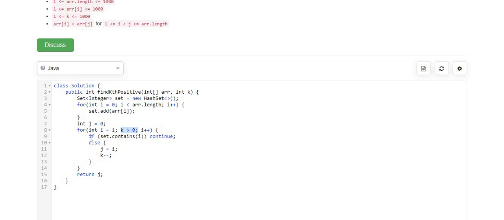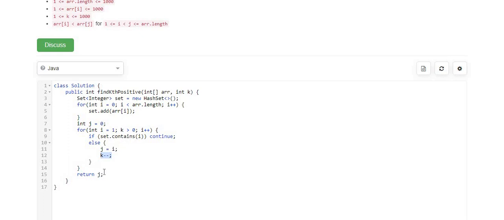First I am checking whether this i value, in this case the first is 1, is present. If it is present, then I just continue. If it is not present, then I mark that number in the variable j as a missing number, and I decrement the k value. Next time it will keep performing the same operation, and I will come to the point where I have found the values up to the given k value, and that is my last case.